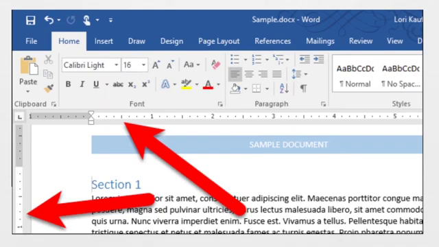In the same way, you can change the horizontal margin of left and right using the horizontal ruler. Again, you can see in the horizontal ruler there is a shaded part on both sides. Bring the mouse pointer there, the 2-headed arrow will appear, and drag it left or right to increase or decrease the margin.